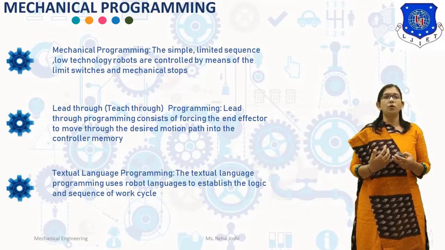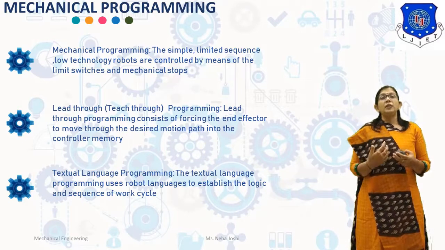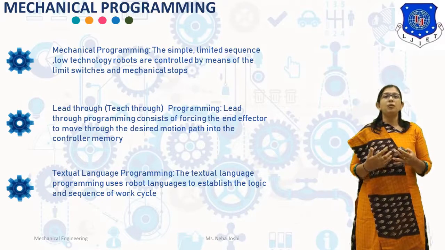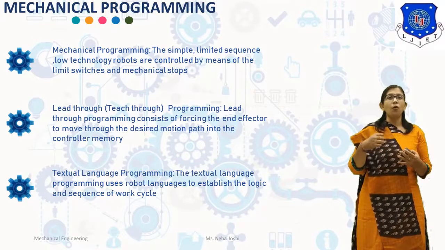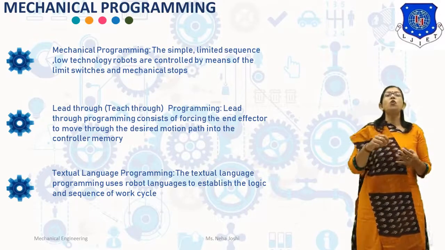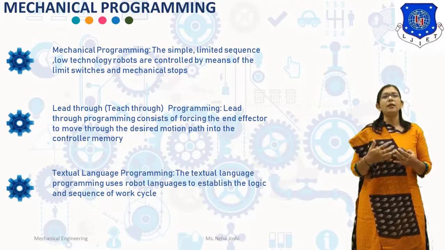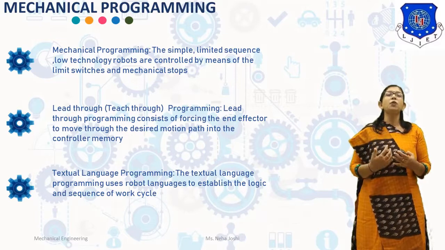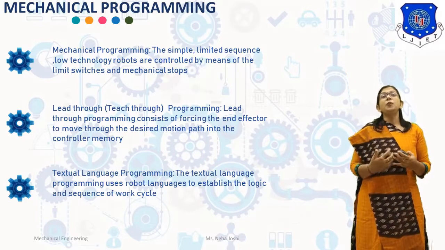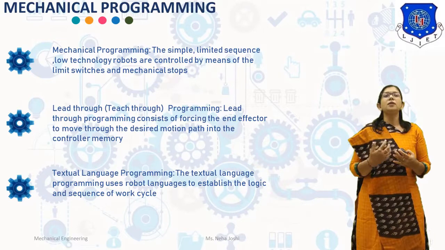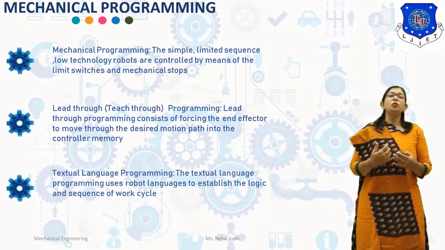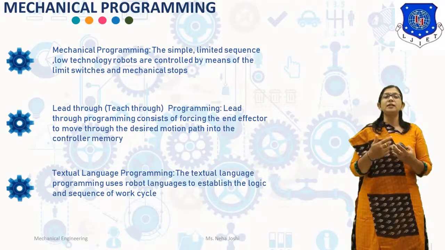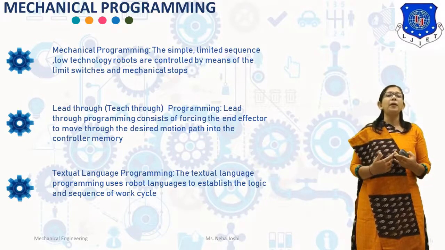and spot welding robots. Now next one is the manual lead-through programming method. In the manual lead-through programming method, the programmer physically grasps the robot arm or end effector, manually moves it through the desired motion path and records the positions at a closely spaced large number of sampling points. A teach button is normally located near the wrist of the robot. The manual lead-through programming method is generally used in continuous path robots such as arc welding robots and spray painting